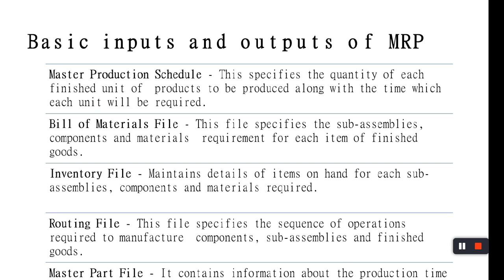Okay, so the routing file specifies the sequence of operations required to manufacture components, sub-assemblies, and finished goods. So for example, we have different sub-departments within the manufacturing department. Imagine a factory. So a portion of the factory,